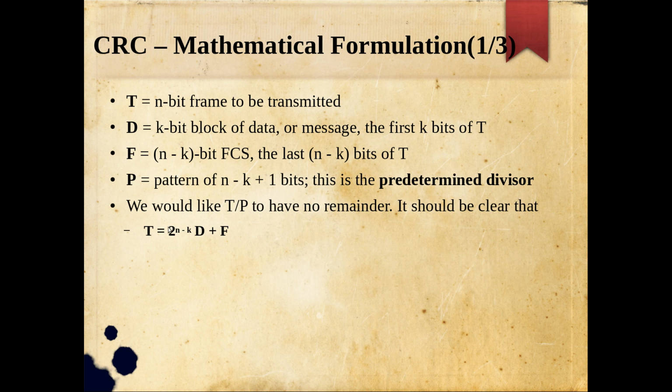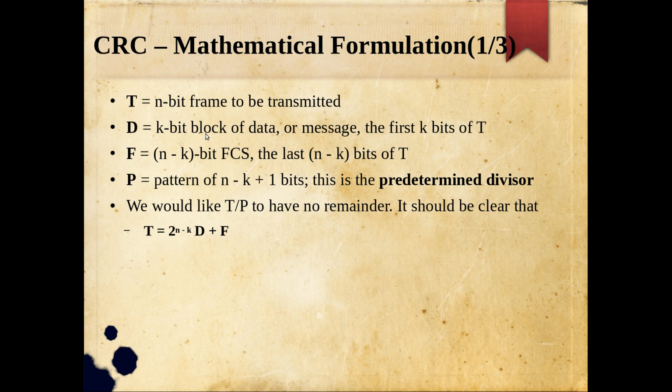And you know how you generate this T. You obtain it from your original data of k bits, which you multiply by 2 power n minus k, or simply you append n minus k zeros at the end of these k bits, and then you concatenate it with your frame check sequence. And the frame check sequence we selected as the remainder of the division, and whether it is a correct choice is what we are trying to check here. So this is the idea. The original message you have to append with your frame check sequence, and how you generate the frame check sequence is the logic here.